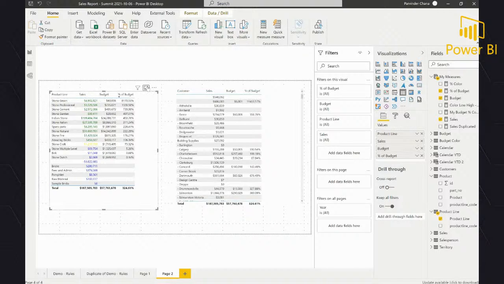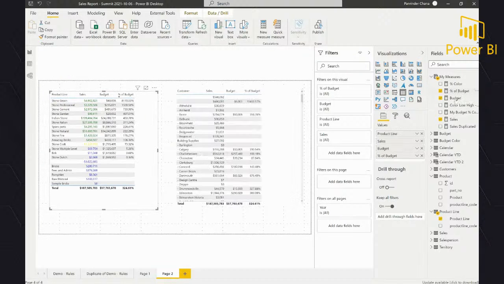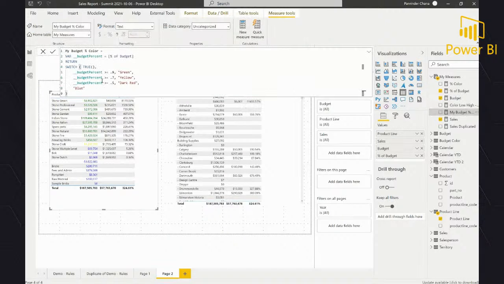So now, based on whatever the rules I have defined, it has given me the colors. So the ease of use is, let's say if I want to make the change to the color, I don't want the yellow to be in this range. Don't want it to be yellow. Let's say I want it to be red. I just come here and change it to red, and immediately that measure will have an impact on the visual, right? That's the one thing. So easy to change. Now I can make the changes here. I can increase my range if I wanted to, and it becomes really, really easy to use.